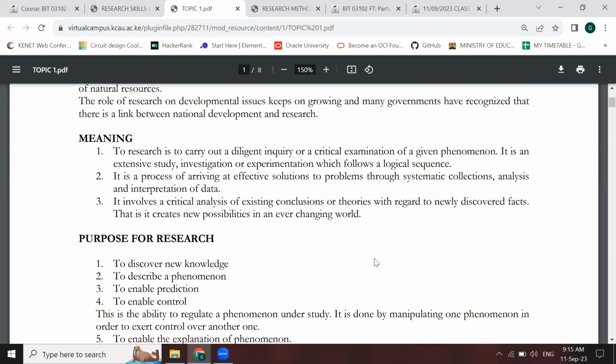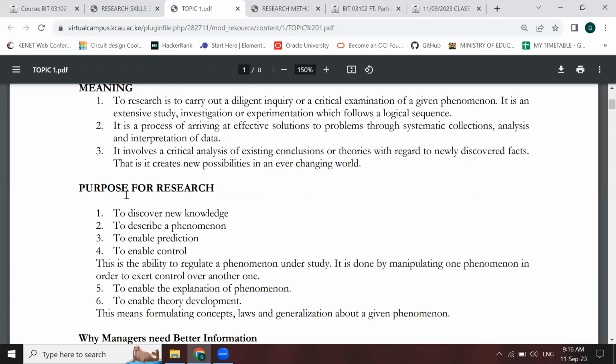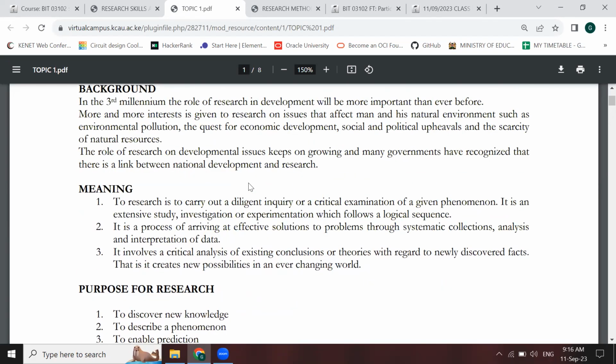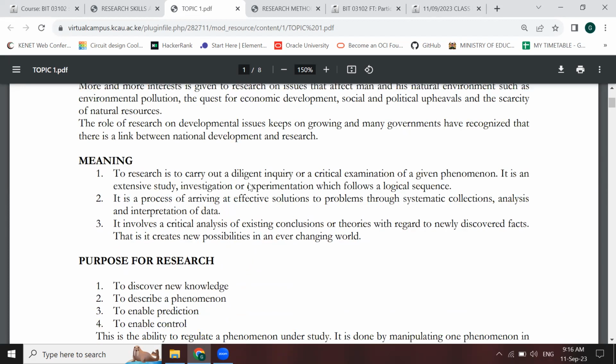So that's a brief introduction to research methods as well. And I'm hoping that you have understood that concept, unless you're stuck somewhere. So why do we, the purpose of research, in this one I'll explain as we continue. But when it comes to research methods,